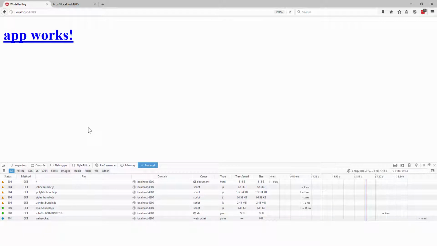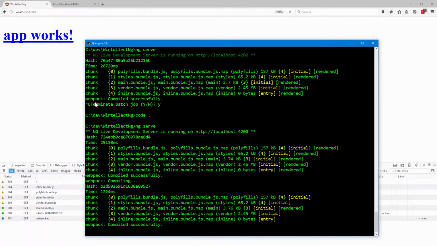So this gives us a nice working order where I can be building and writing components for my Angular code and then having my browser automatically update with that new content. This gives us a little bit of a side-by-side model for our application. If I go back over and kill my server,